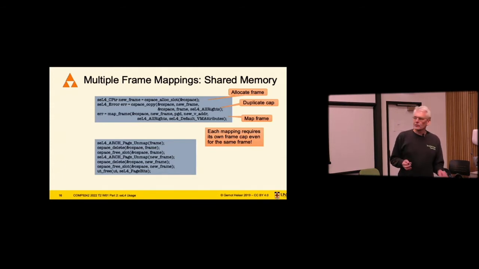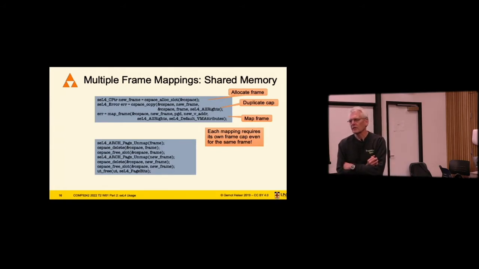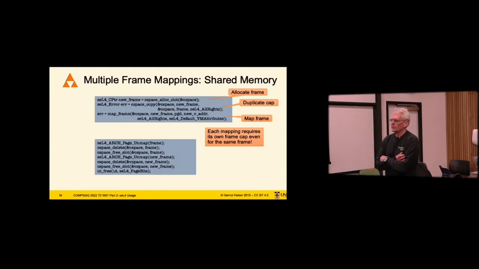Okay, any questions up to this point? Are the frame capabilities stored on the frame that they refer to, right? Which capabilities? So the frame capabilities are stored in the C space like any cap. Right? You have your